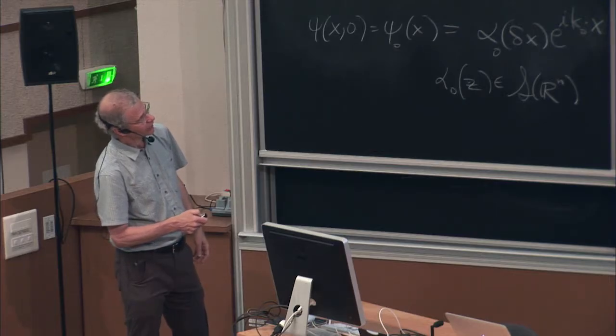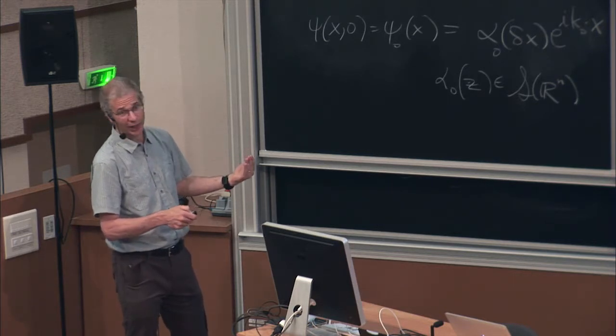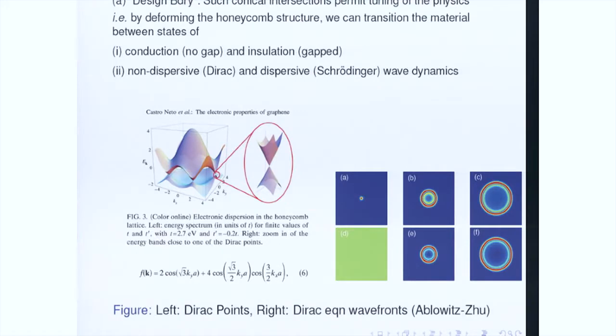Now, this conical singularity of the dispersion surfaces suggests that there might be wave-like properties, like the wave equation, non-dispersive behavior. And in fact, here are some simulations from work of Ablowitz and Zhu, which show Huygens principle behavior when you start with wave packets which are spectrally concentrated at such momentum points.